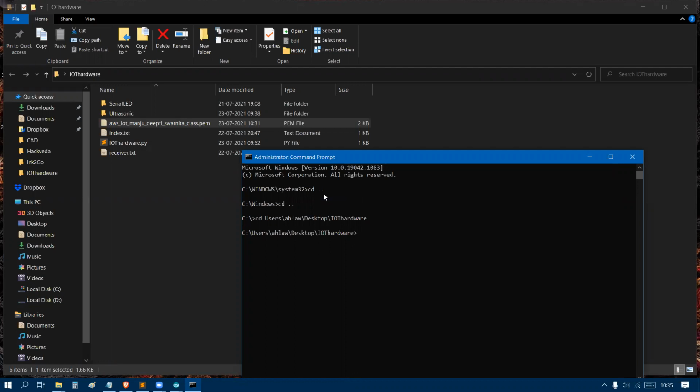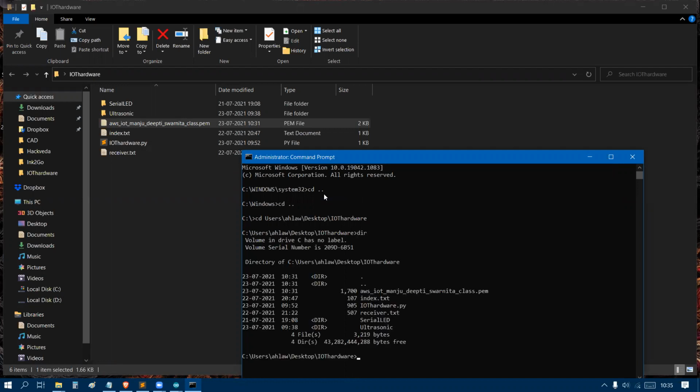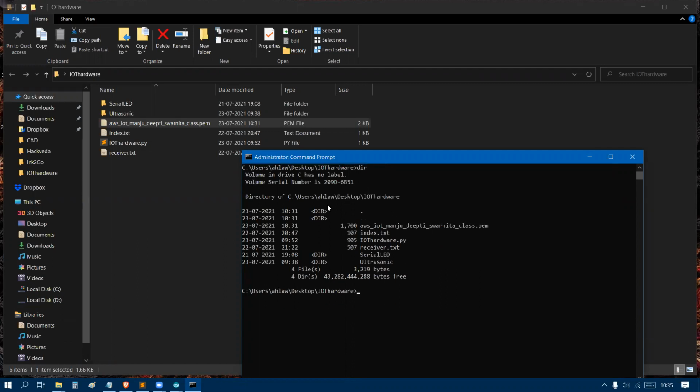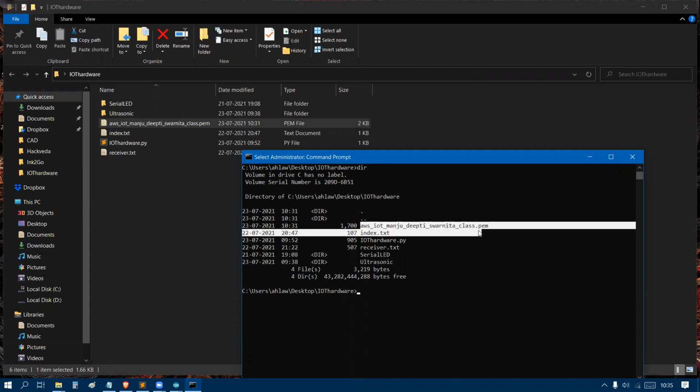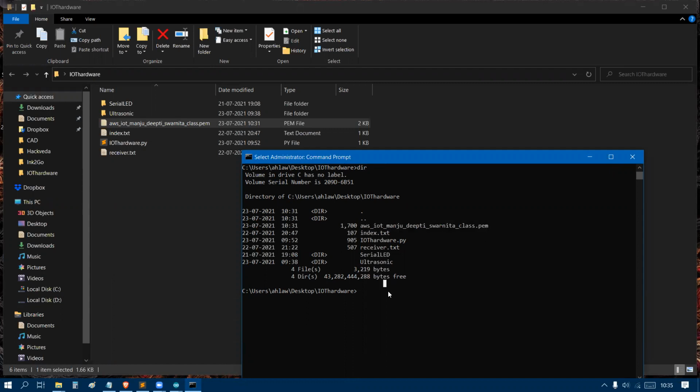If I list the files using the dir command, you will see the different file names available here. One is this PEM. I am going to use this PEM file to establish connection with the server side.